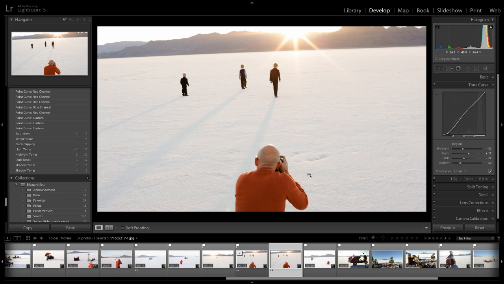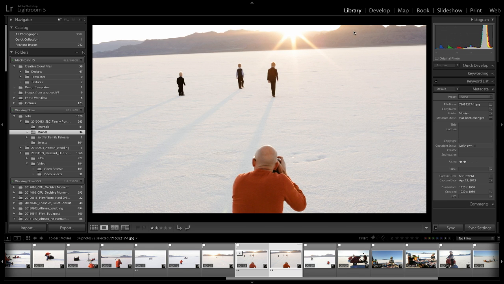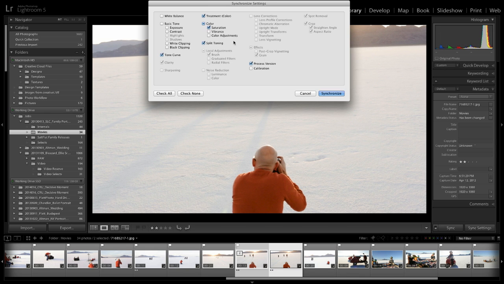Okay, so we've done some control on it. We go into the library and we're going to synchronize those settings. And for us, you can also do white balance, and we changed the white balance, and we also changed the black point. But you can exchange contrast, exposure, white clipping, black clipping, tone, and all of these things, as well as camera calibration. So those camera calibrations that we set with our X-Rite, we can use that on the video